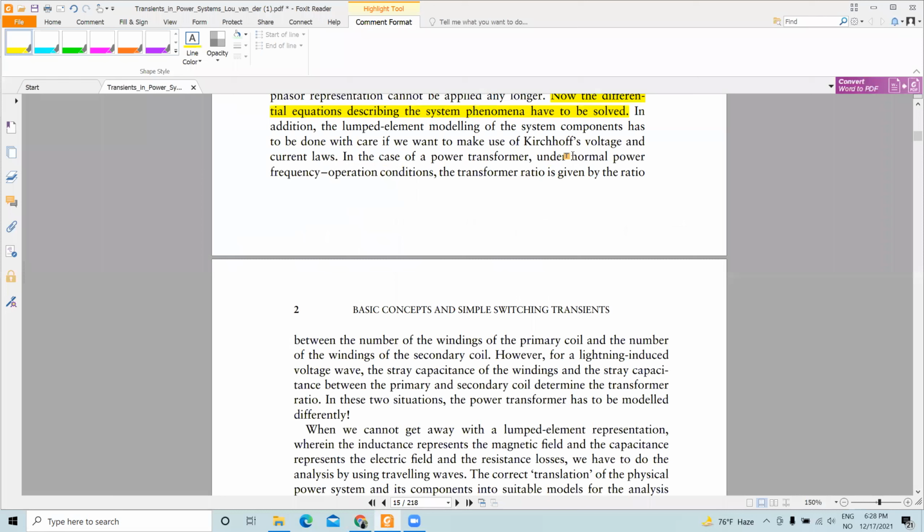So that's what they try to say here. In the case of a power transformer under normal frequency operation condition, the transformer ratio is given by the ratio between the number of windings of the primary coil and the number of windings in the secondary coil. However, for lightning induced voltage waves, the stray capacitance